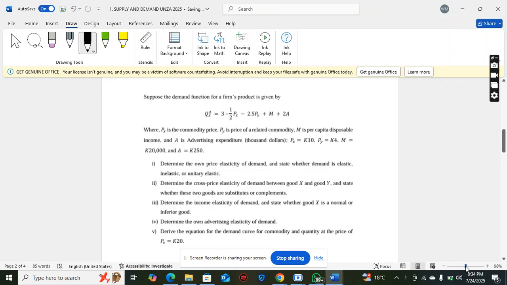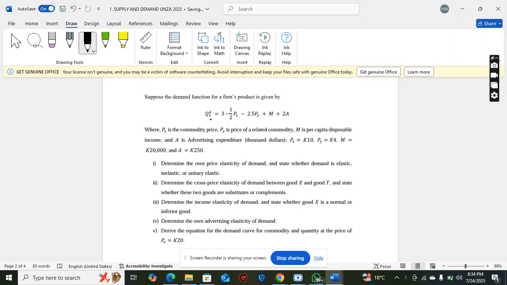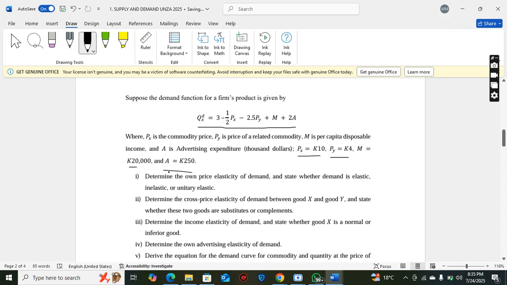Okay, so we've got a question here. Suppose the demand function for a firm's product is given by this demand function here, where Px is the price of the commodity, Py is the price of the related commodity, M is per capita disposable income, and A is advertising expenditure, in thousands of dollars. We've been given Px equals 10, Py equals 4, M equals 20,000, A equals 250. So question one: determine the own price elasticity of demand and state whether the demand is elastic,